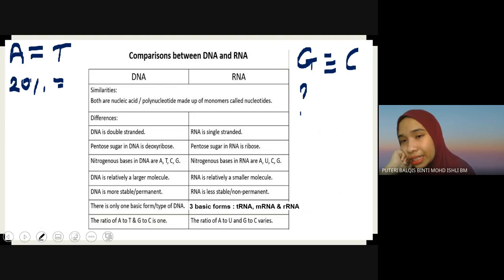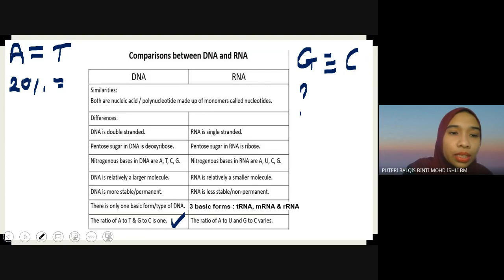So awak kena guna balik konsep ratio ni. Ratio of A to T, G to C is 1 ni maksudnya A tu kena sama banyak dengan T. Kalau A 20,